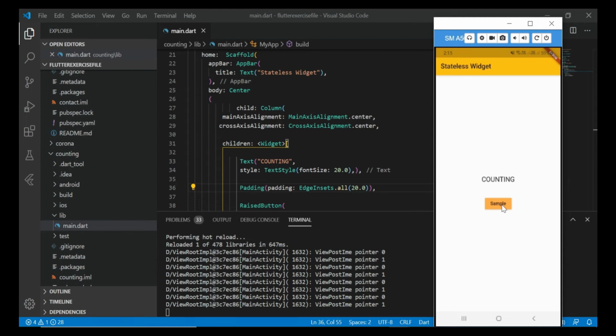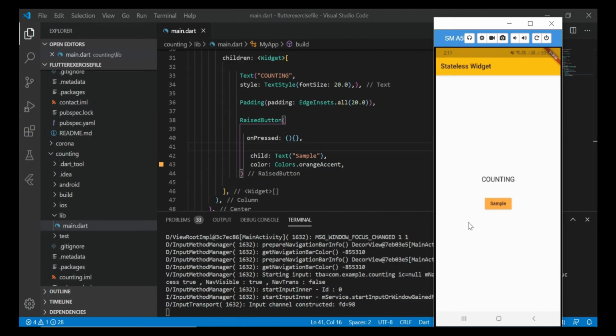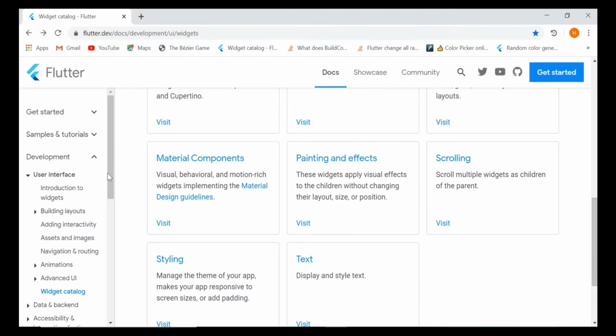And now as you can see, everything in Flutter is a widget. Just remember one thing, anything that is on the screen and not moving, not doing any work, is a stateless widget. This button has performed no task, so this is a stateless widget. If you guys are excited to know more about Scaffold and Material app, you can go through this Flutter documentation, and I'll provide this link in the description.